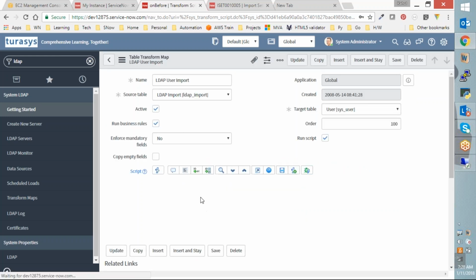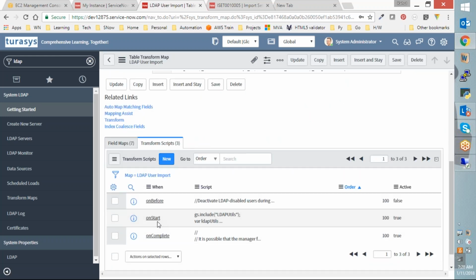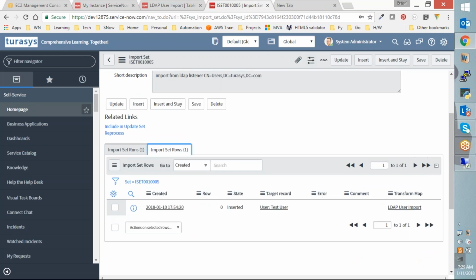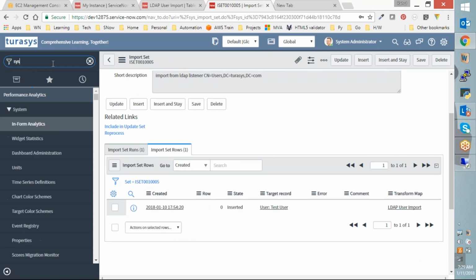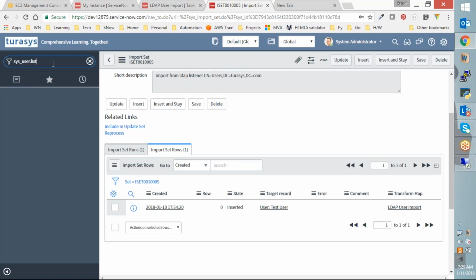Similarly, some of the scripts are, one is on before, one is on start and one is on complete. So this is basically data cleansing that you are doing before you push that data into your target table. All right. So if we go into our sys_user table right now,